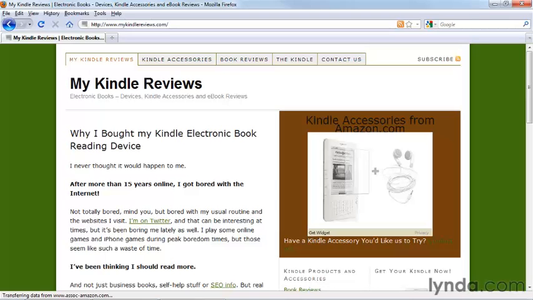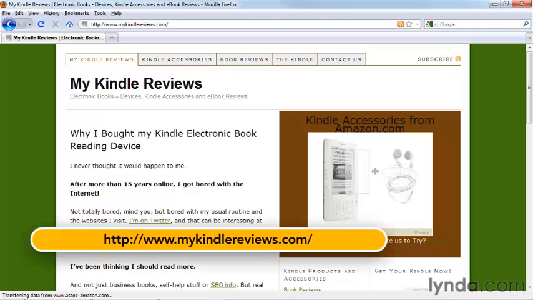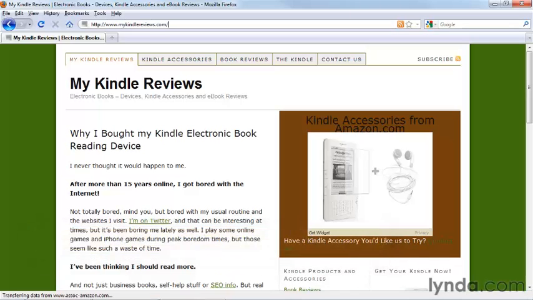Once you've researched relevant keyword phrases, your next step is to work them into your website. One of the very first places where you may want to consider placing your keyword phrases is within your domain names or your URLs. Your domain name is basically the address of your web page. I've got the domain name of mykindlereviews.com. You can type it directly into your browser, as you can see it is right here, and that will take